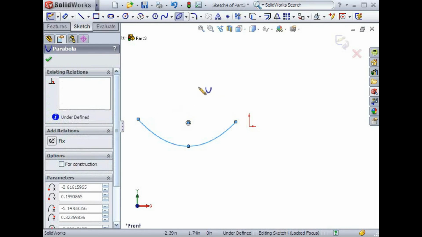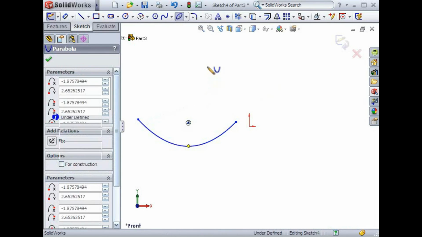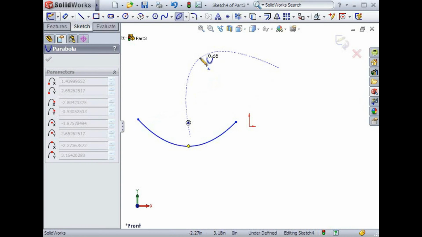One more time. First, you click to mark the focus. Then click again to mark the vertex. Next, you click to mark the beginning of the parabola, drag your pointer to draw out the shape, and click one more time to